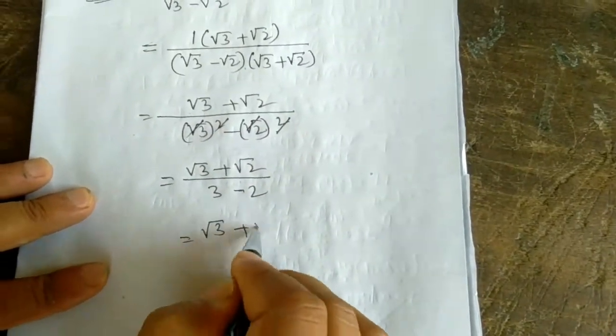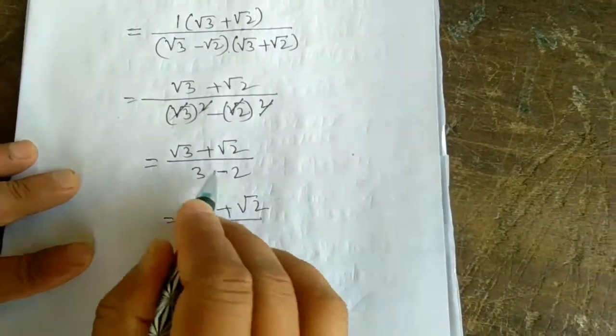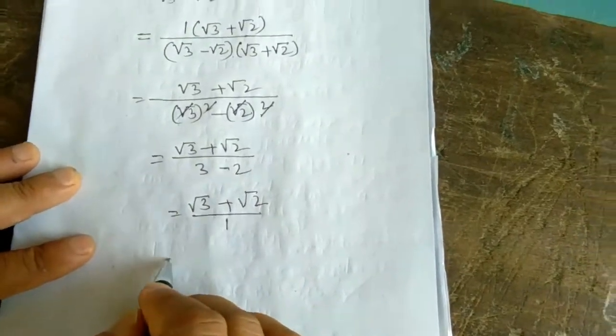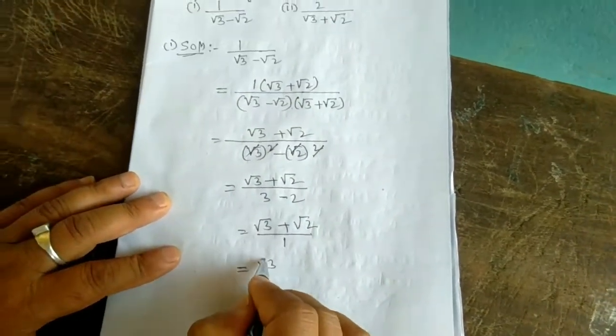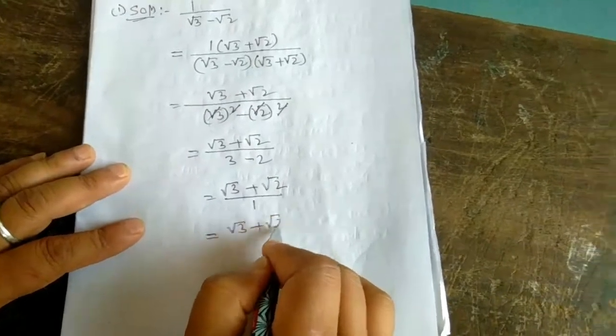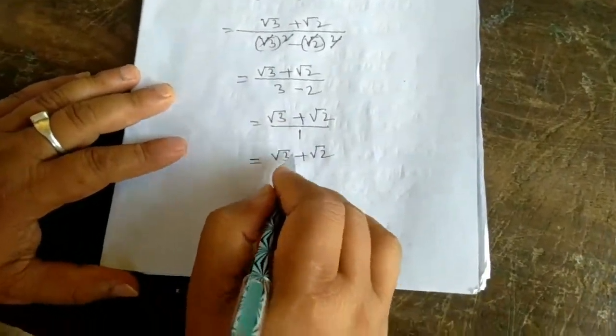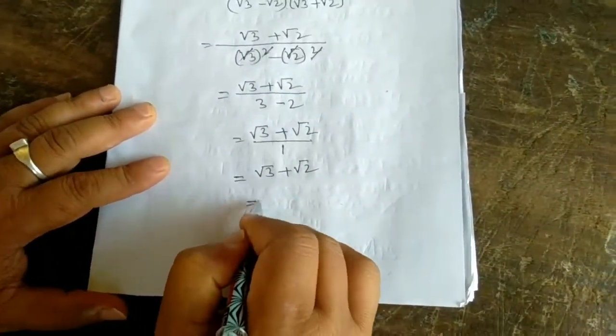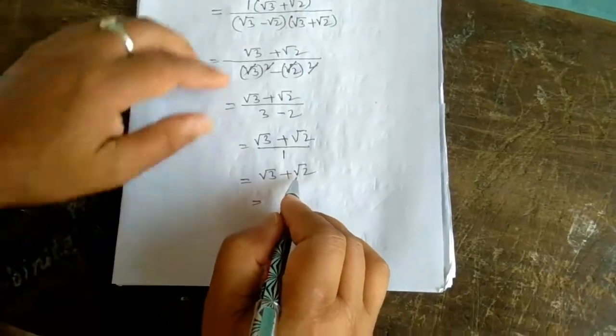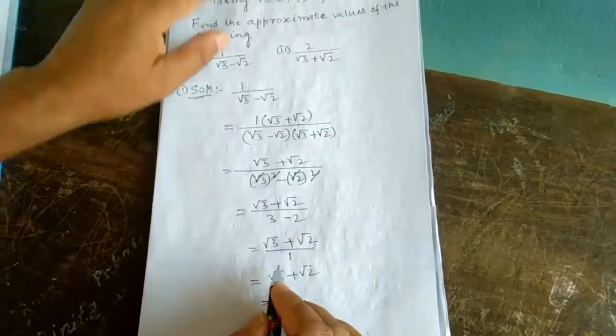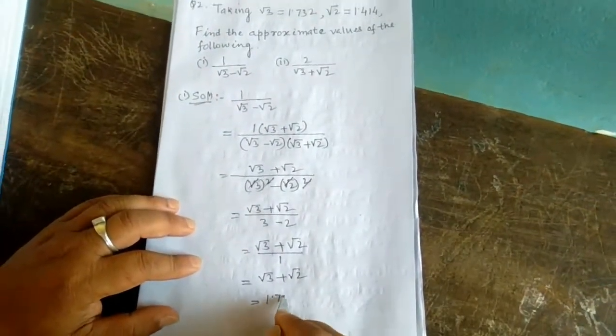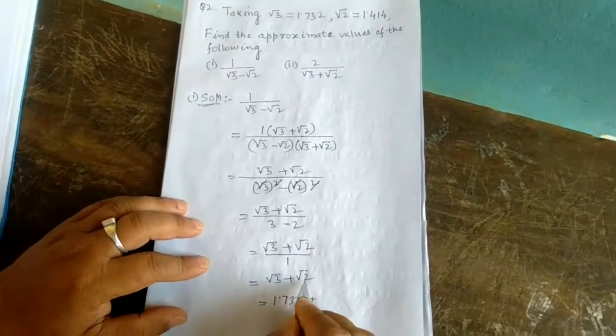Root 3 plus root 2, 3 minus 2 equal to 1. 1 in the denominator we never write, it is meaningless. So you write that it is root 3 plus root 2. After that put the value of root 3. Root 3 equal to 1.732 plus root 2 equal to